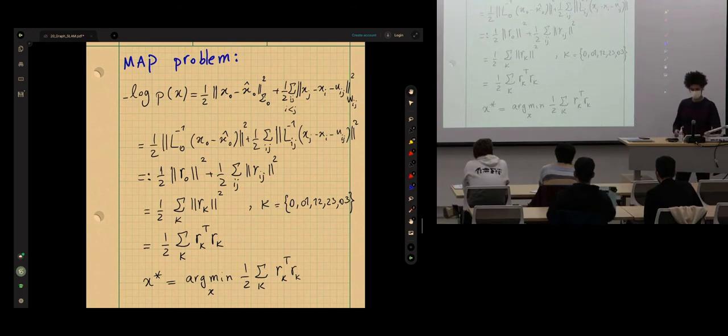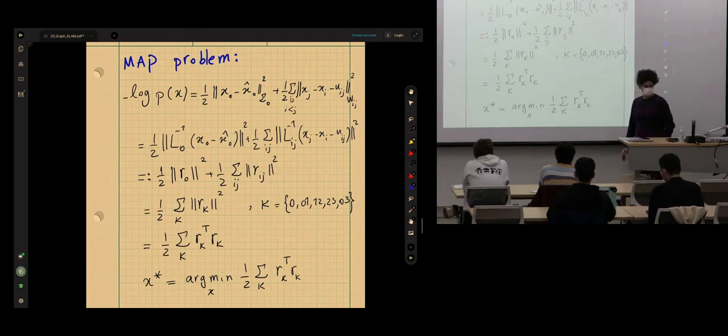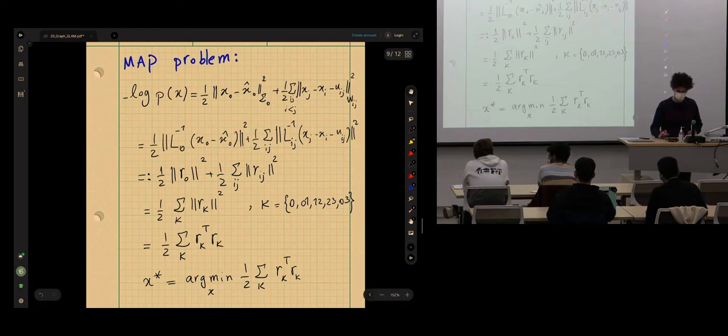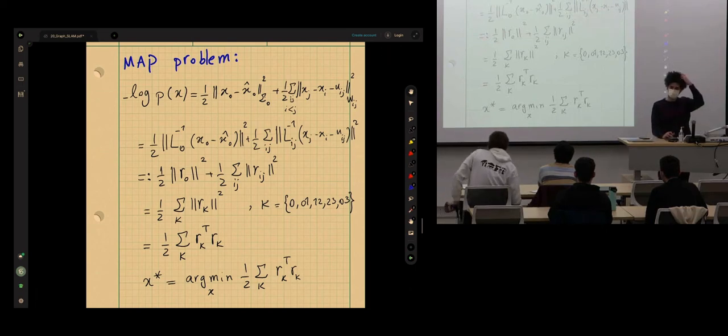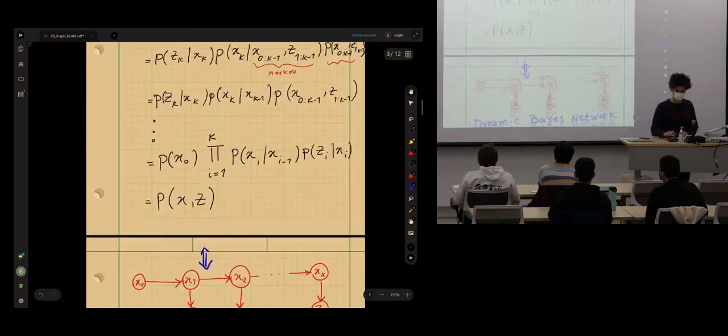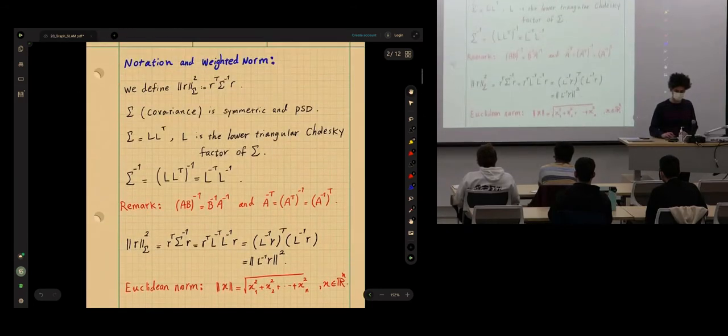So what's the next step? Once you have a nonlinear least squares problem, what's the next step? Step to the Cholesky factorization. Did we just convert to get rid of these squares, or how did we get there? So the question is, how do we convert the weighted least squares to unweighted? That was the remark I made here.